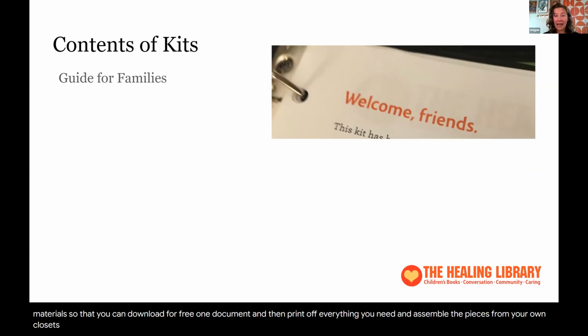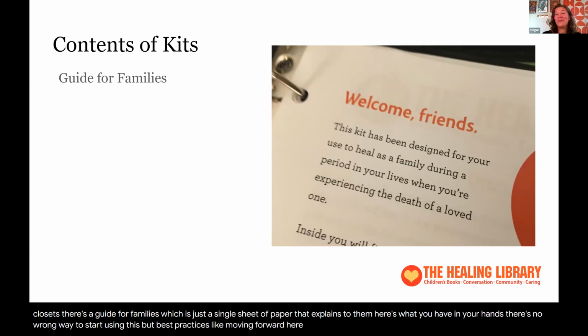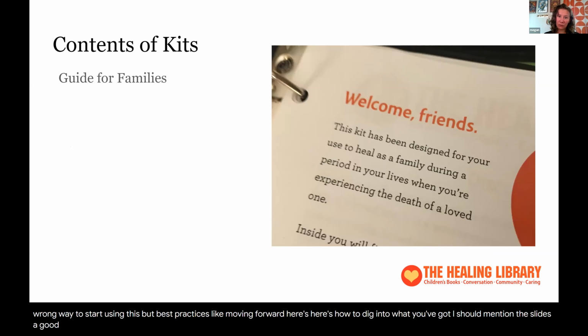Following that, there's a guide for families, which is just a single sheet of paper that explains to them, here's what you have in your hands. There's no wrong way to start using this, but here are best practices on how to dig into what you've got. I should mention, this slide's a good one to do it, that in addition to the materials that you physically assemble yourself and lend,